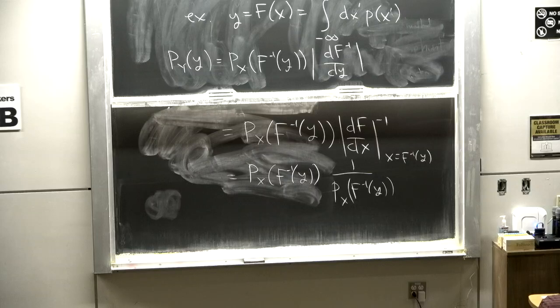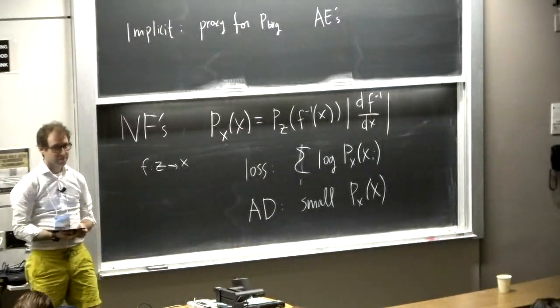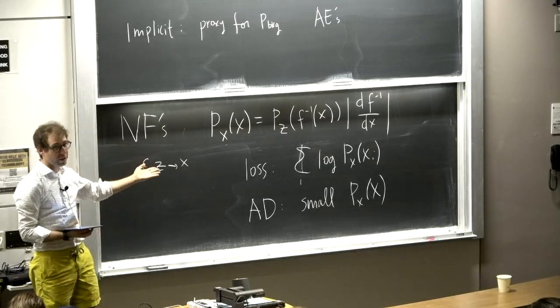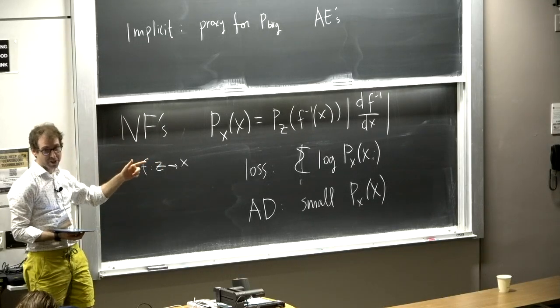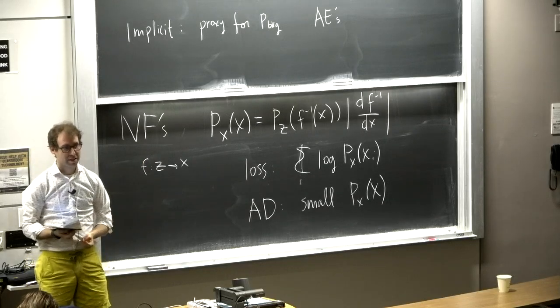And what's the relationship between z and f of x? Like, what is the f? Oh, yeah. So f is a map from z to x. So my normalizing flow is a function that maps z to x. And it has to be invertible, which is actually non-trivial because most neural networks are not invertible. So normalizing flows have a lot of structure. You have to have an invertible function, and you have to be able to compute the Jacobian determinant, which is also non-trivial. OK.